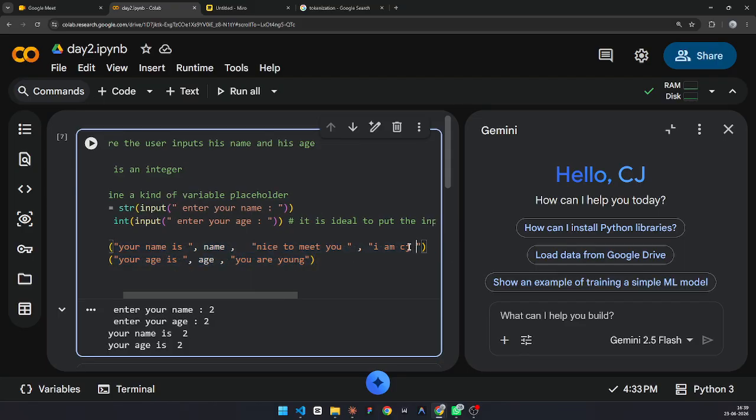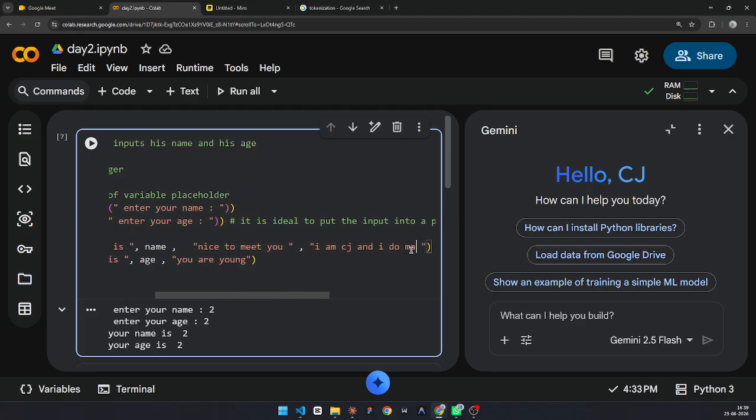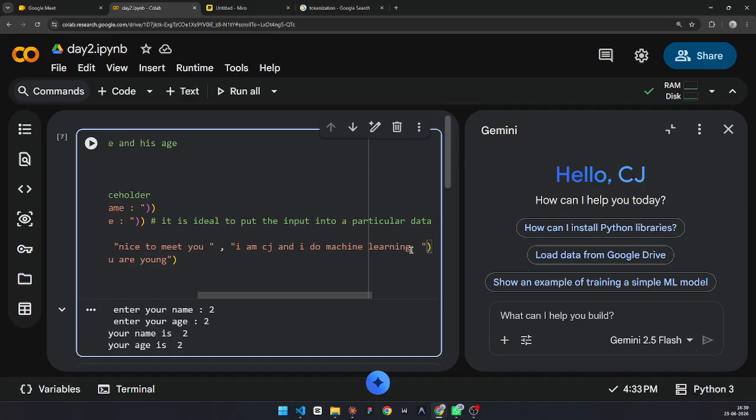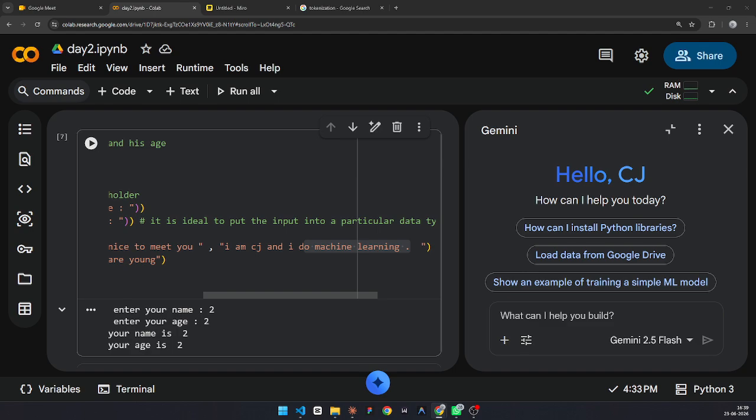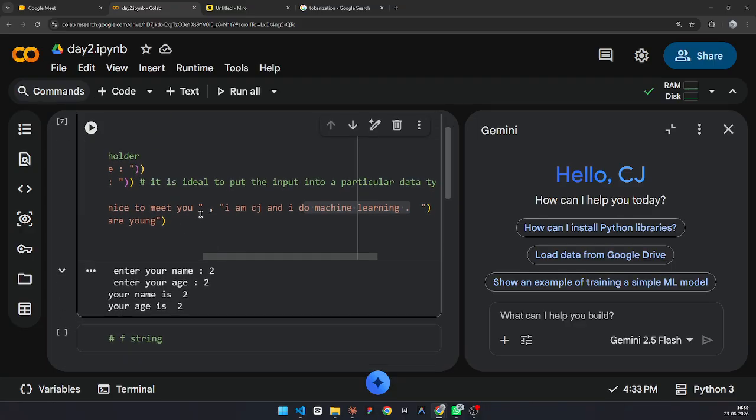Let's say for example, I do slash, and yeah, you can also do it like this.